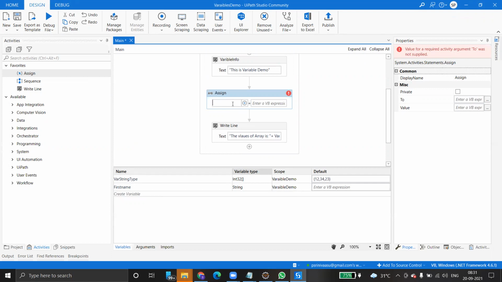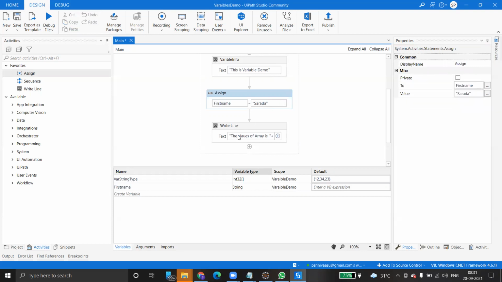Assign means giving some values to the variable. Like in a C program, we assign some values to a variable, similarly here also we assign values to the variable. Since it's a string type, I will give Sarada.